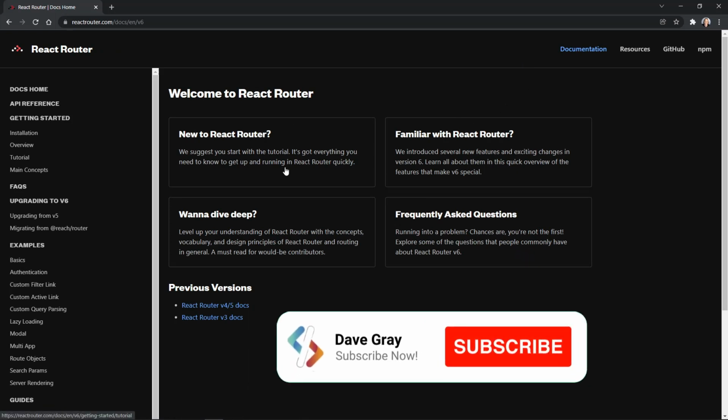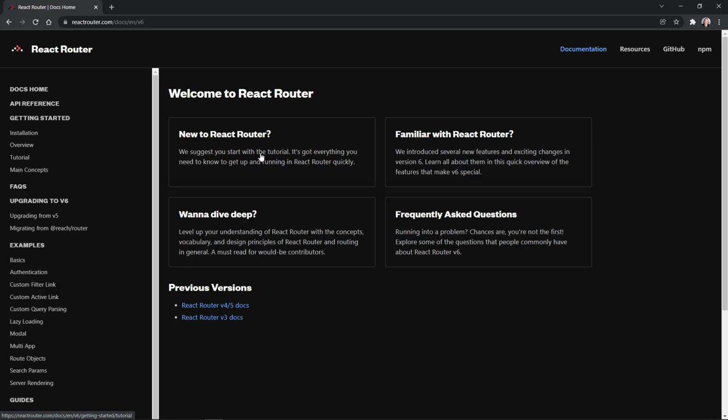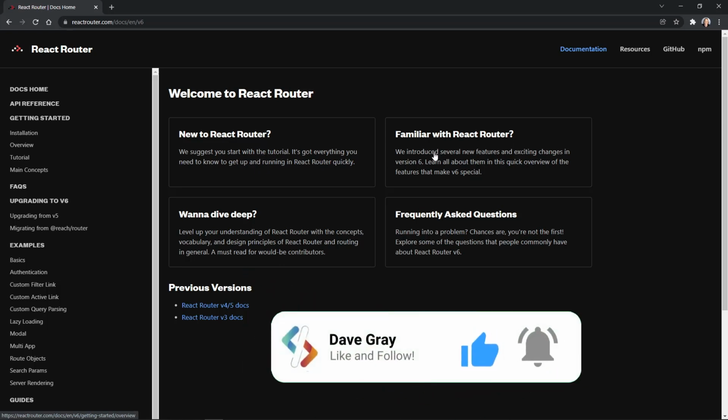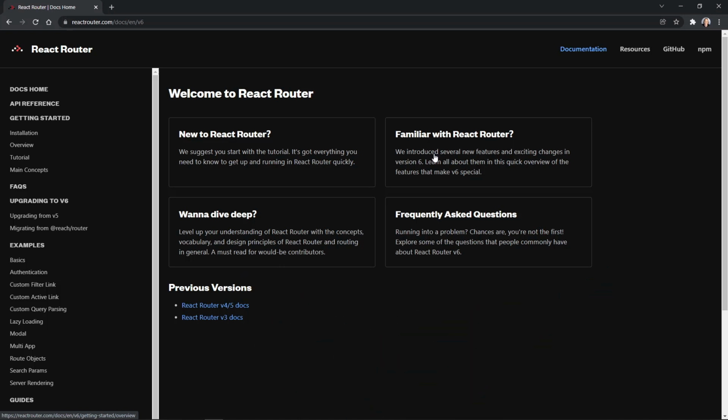Now if you're new to React Router, this section's for you right here. But I went to the familiar with React Router section and it gave some great examples that helped me refactor my project, and that's what we're going to do today: refactor chapter 16 that introduced React Router in my React.js for Beginners course, and we'll refactor it from version 5.2, which was what was released at the time, to the